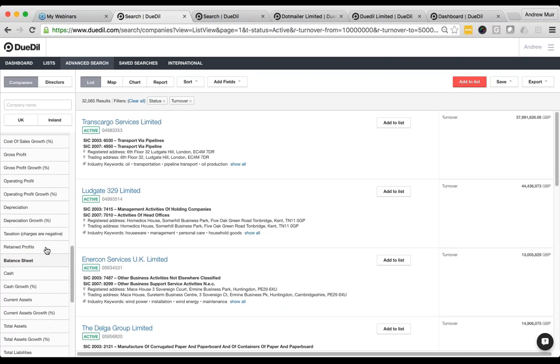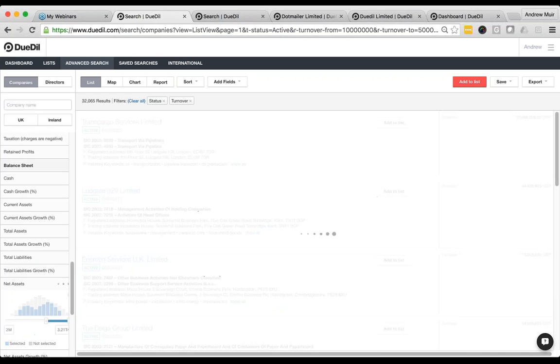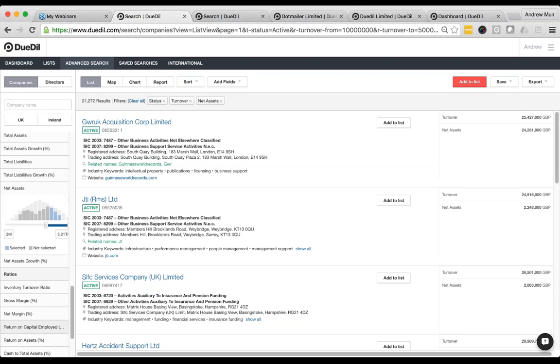I want companies which are not only cash rich but actually profitable. One way to look at it would be, of course, the P&L, but I'd rather look at the balance sheet and make sure that the cash they have is not simply there because of a much higher debt. So I'm going to say net assets are at minimum £2 million. That ensures that whatever cash they have is not simply there to service debt.